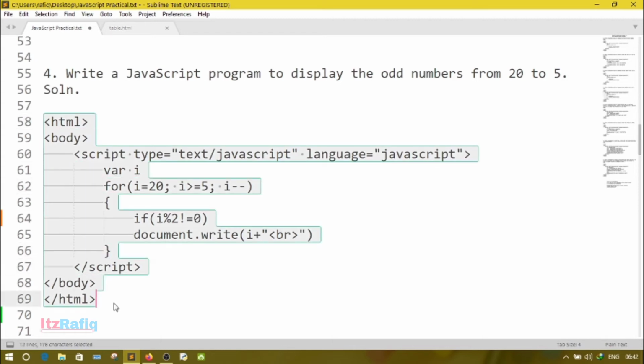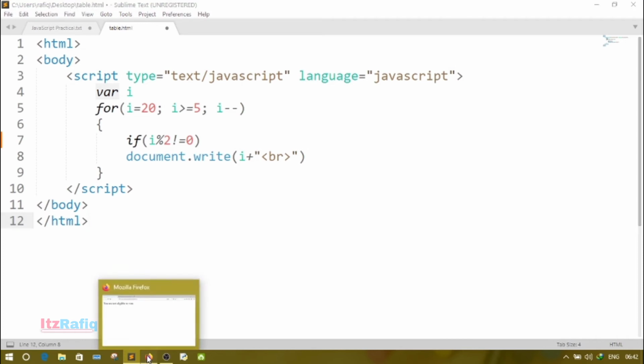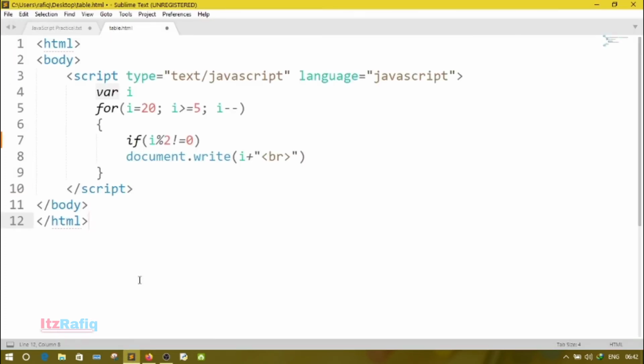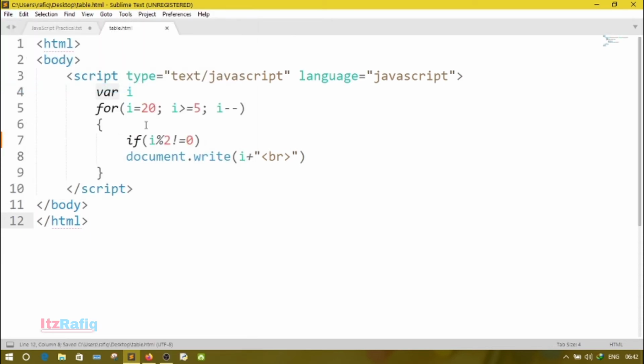Now let's run the program in browser and see how the output comes. In practical, you will write this part. Now open, I have started I from 20, then going till 5, I minus minus, I modulus 2 not equal 0.